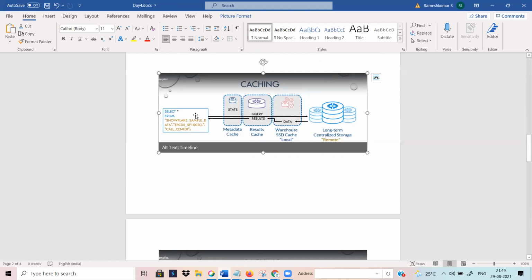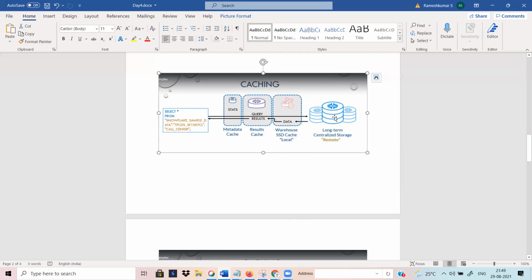Okay. So this is the second cache. When you run this query the first time, Snowflake will compute your query. It is getting the data from your long-term centralized storage, the bottom layer. I showed you the bottom layer, right? The vWarehouse communicates with the bottom layer. That is the remote storage, and it is getting the data from there.